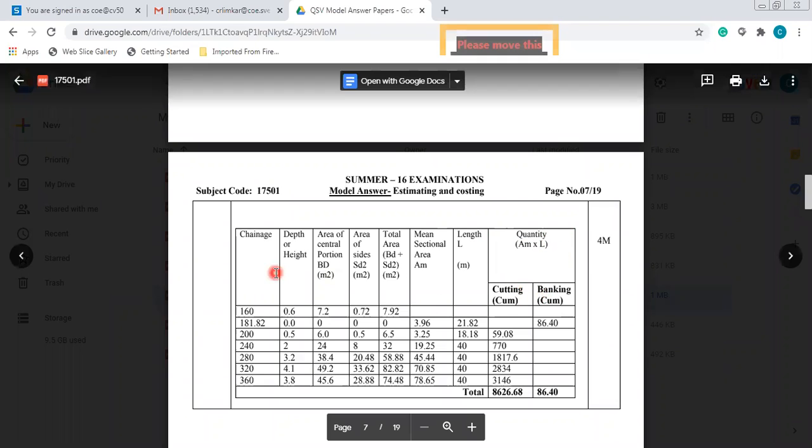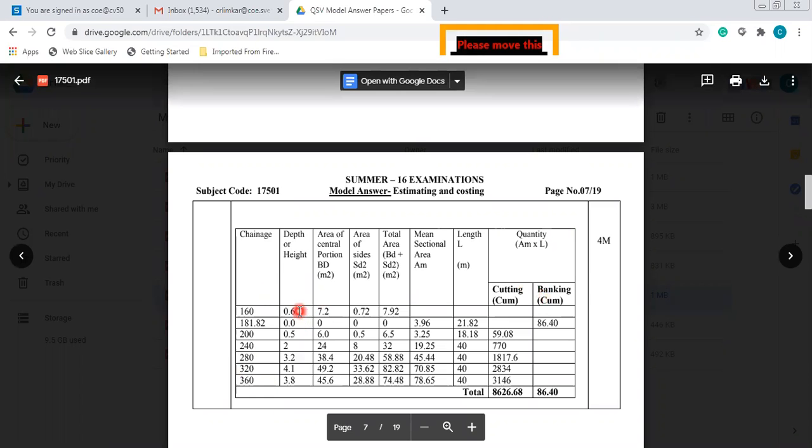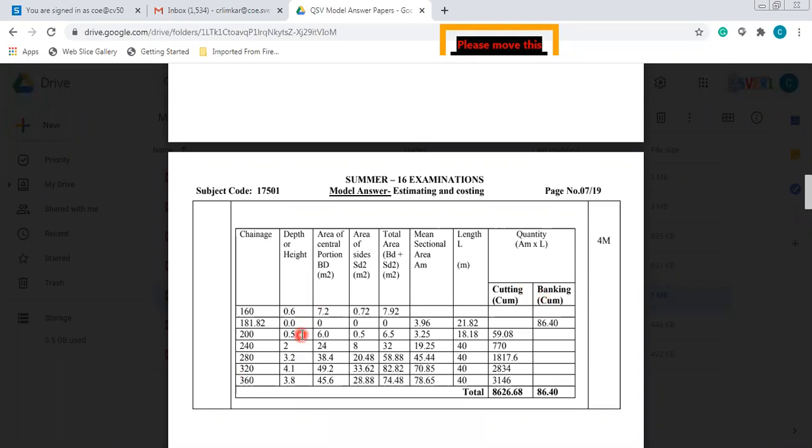So chainage 160, 200, 240, 280, 320, 360. These are given in the problem. But as I said earlier, the depth is going to vary from plus to minus. That means there is one point where depth is 0. If you resolve that problem using the similar triangle method, you will get that chainage point as 181.82. That means 21.82 meter distance will be there